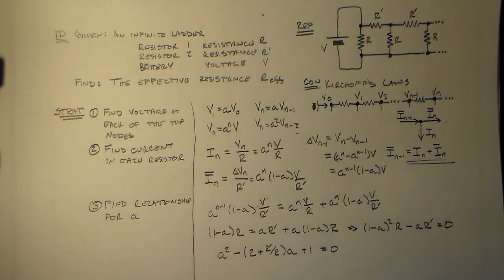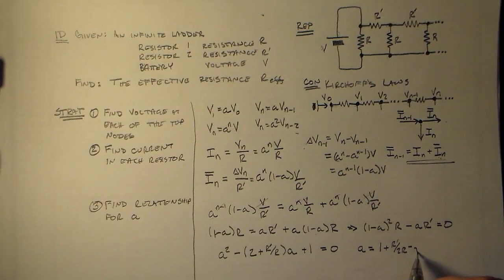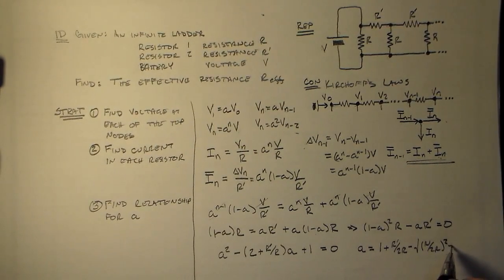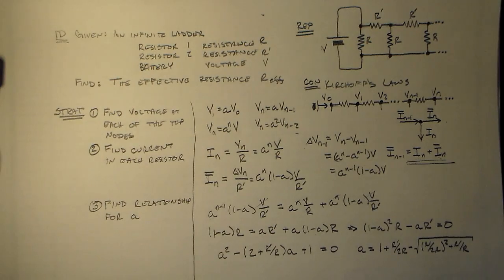And you can use the quadratic formula if you really, really so desire, and I'd suggest you do this to find that a is equal to (1 plus r prime over 2r) minus the square root of ((r prime over 2r) squared plus r prime over r). Okay, so that doesn't look really, really great, but if you look at the solutions online,